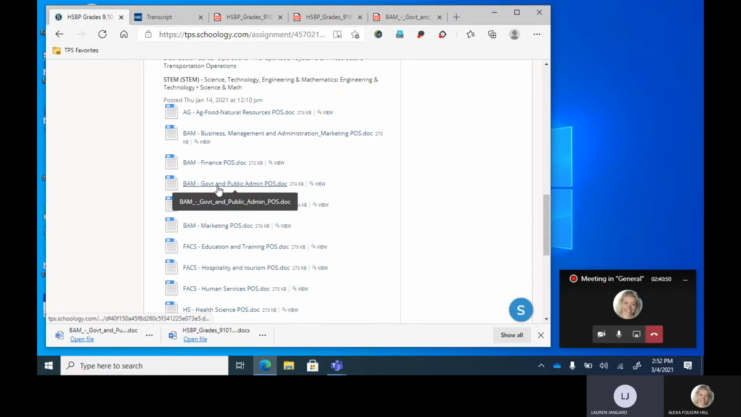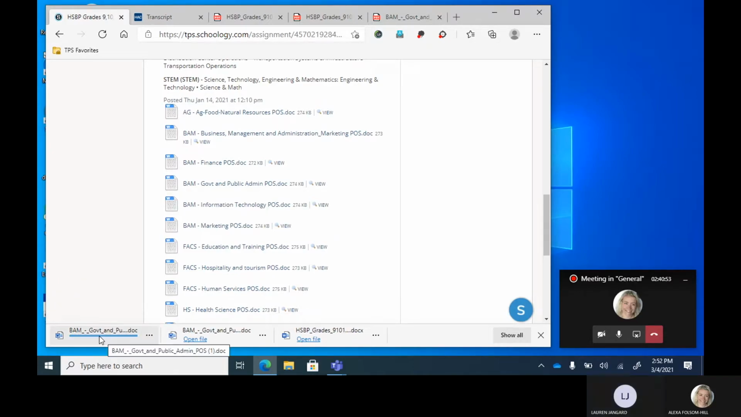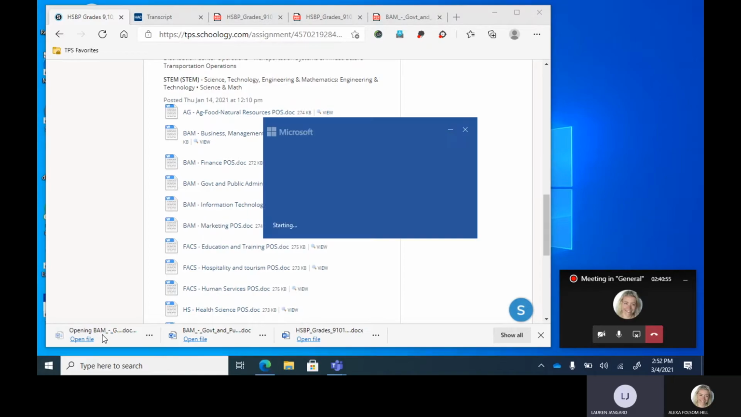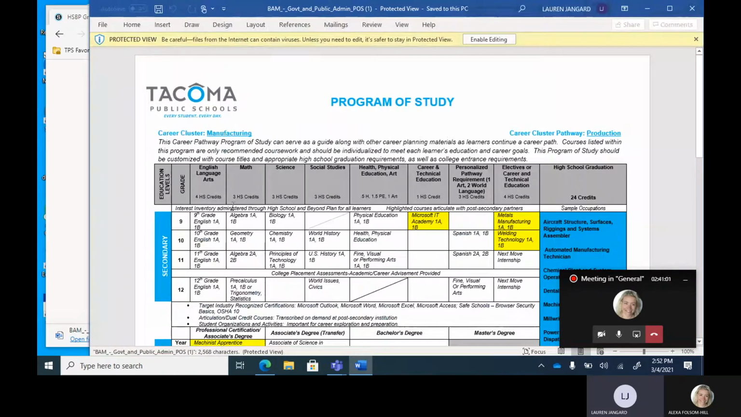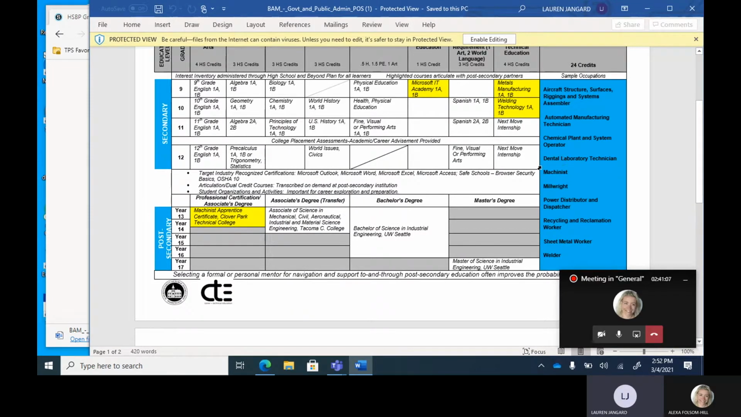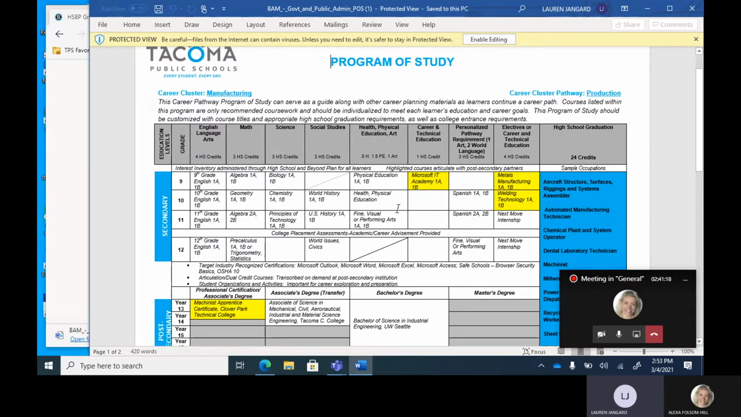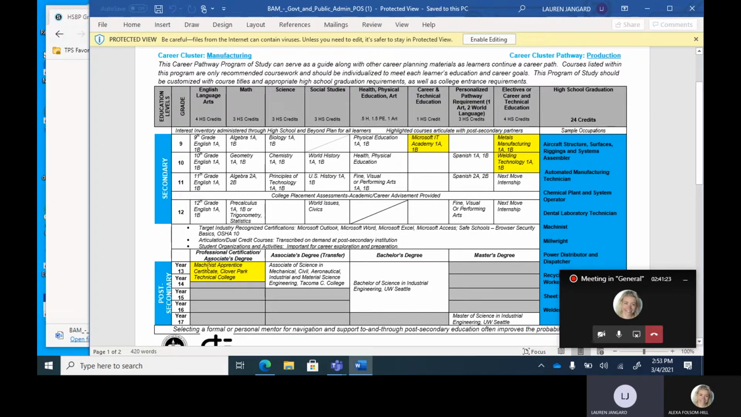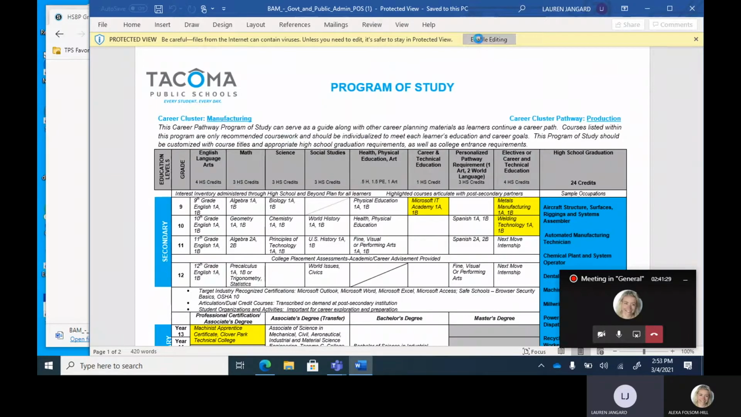But I'm going to go into government and public administration and open her up. So here we're going to see program of study. And if I look in here at my sample occupation, I say, you know what? Yeah, I could totally be an automated manufacturing technician. Maybe that's something that the survey was like, yeah, you might be interested in this. And so all this is a suggestion for what classes you should be taking, and maybe post-secondary, what other classes they would recommend. And with this, super easy, enable your editing,